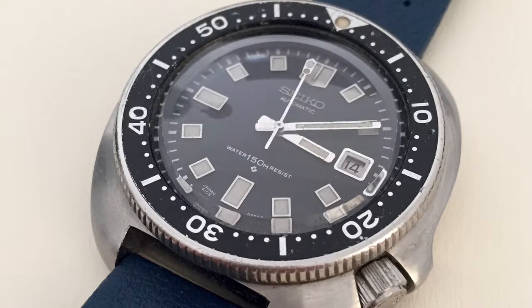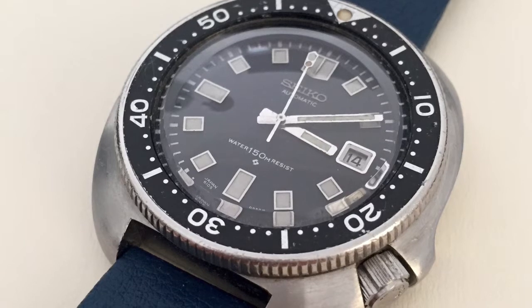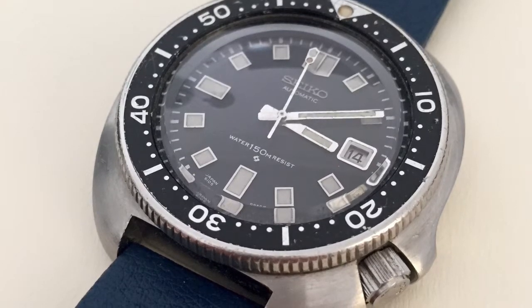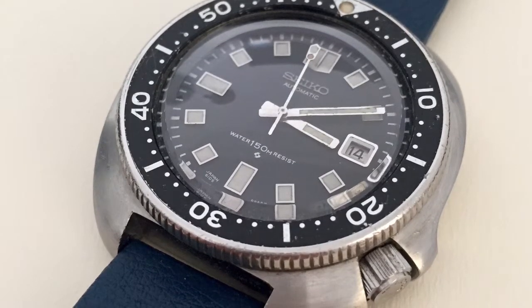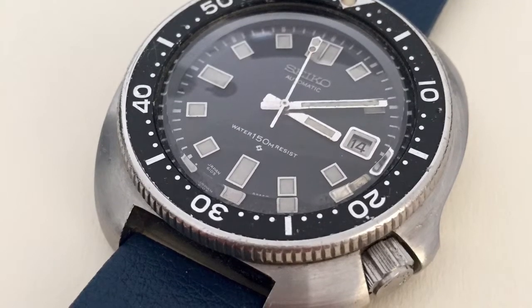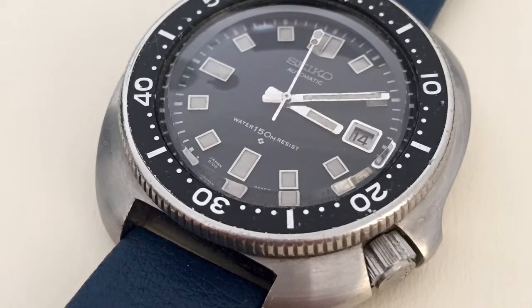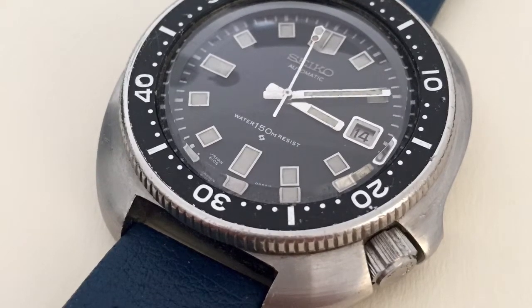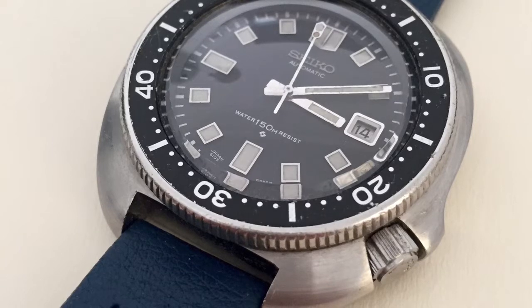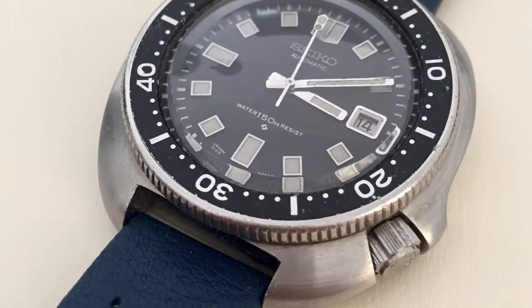A popular topic on watch forums now is the definition of a tool watch. It's a term that's commonly used, and people debate what is a better tool watch than something else, or ask for advice, typically on what kind of tool watch they should buy for doing the dishes or going on a cruise in the Caribbean. All joking aside, it's an interesting thing because traditionally, I think most people, when they think